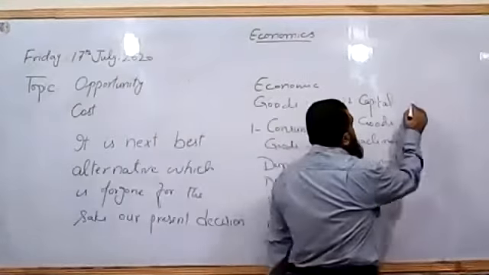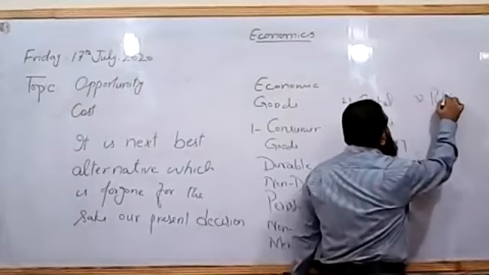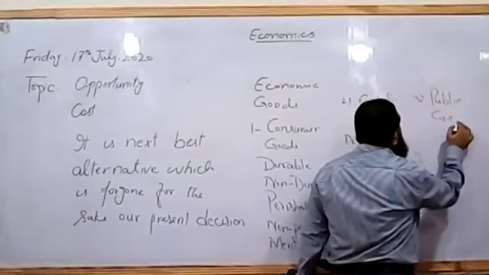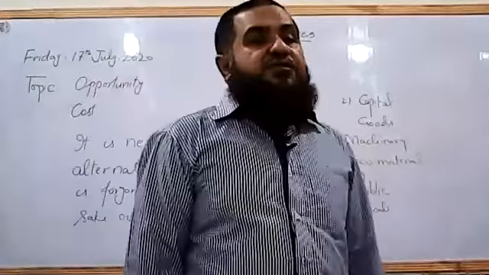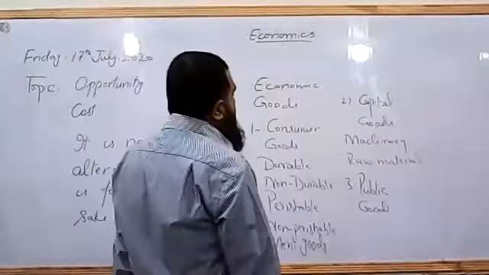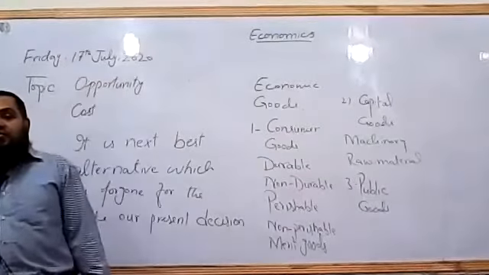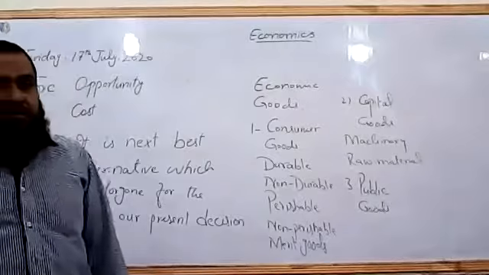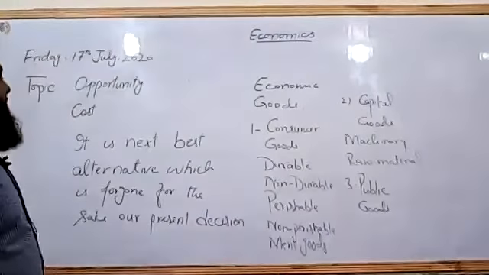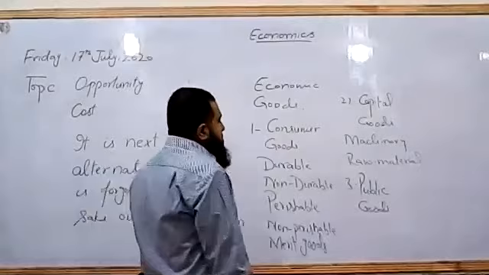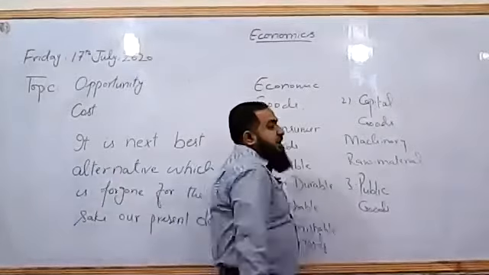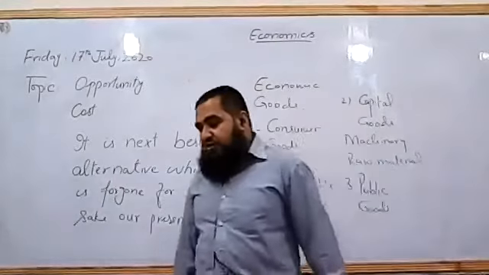Another type of good can be there, the public goods. They are also demanded by the society. Cannot be reduced to the other people. Like if we are using road, if we are enjoying the defense services, we cannot exclude anyone else. But if we are using, its supply is also available to other people. So public goods are also demanded by the society members. They also demand the factors of production or resources to produce them.